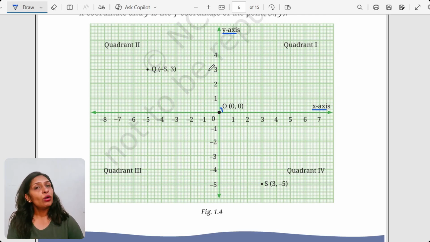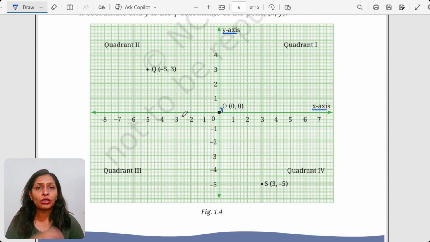Now, we all have seen the number line, right? We know how the Cartesian plane is formed from number lines. If you just put your focus on the x-axis, observe, 0 is in the center. Then on the right side, we have all the positive numbers starting from 1. And towards the left side, we have all the numbers starting from -1, and they just go on.